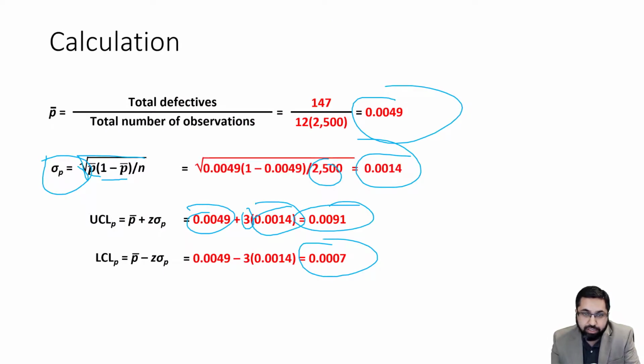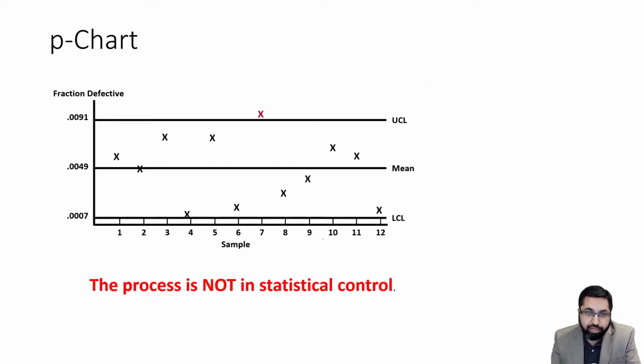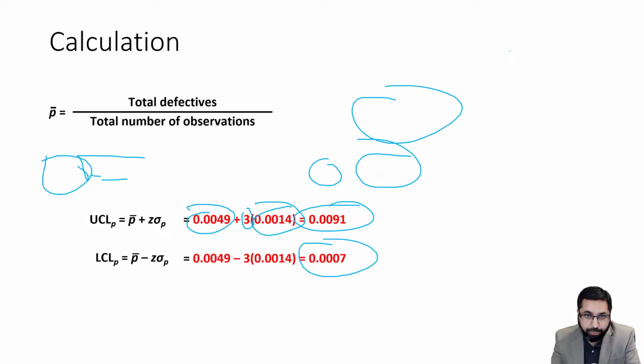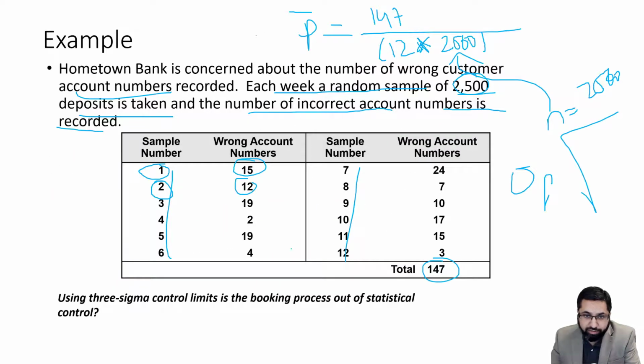If you make a mistake, see what's going on. Then we can plot our data. So we have 12 samples, data for 12 samples. So how do we plot the data? For each sample, you divide the number of defectives,